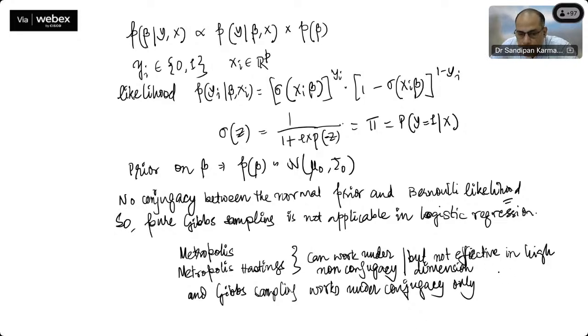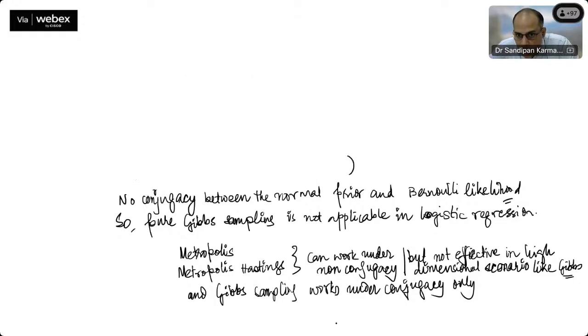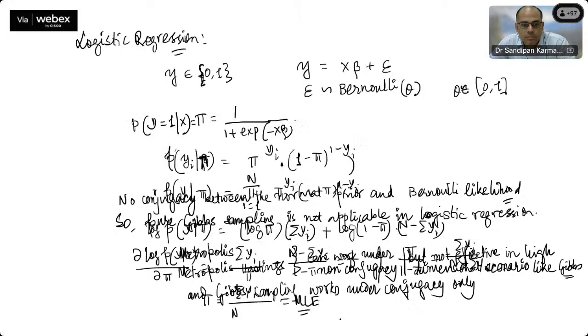After this, we'll see that Metropolis Hastings is not that effective, and lots of tuning will be required to get a good result. So that's why we will be using Gibbs, but we will be doing some